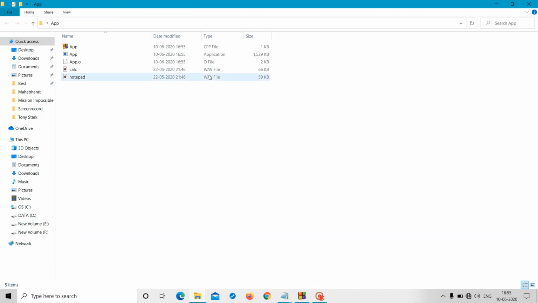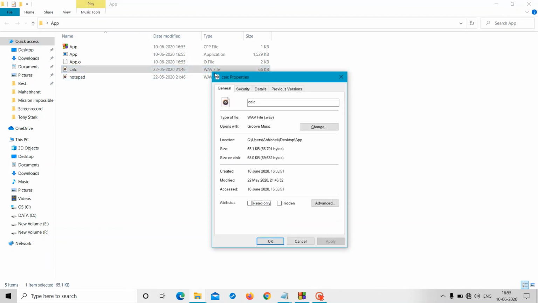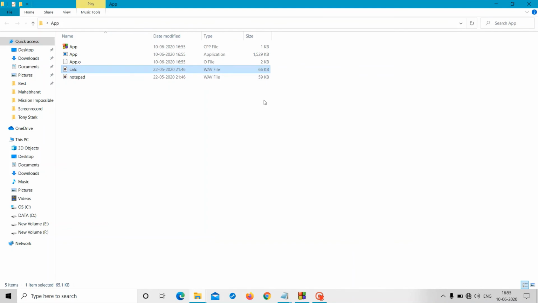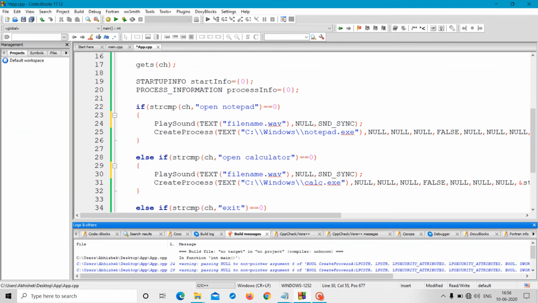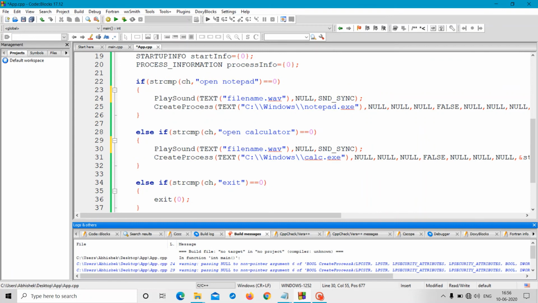Remember one thing, its extension should be .wav. So the file name is notepad.wav and here calc.wav.